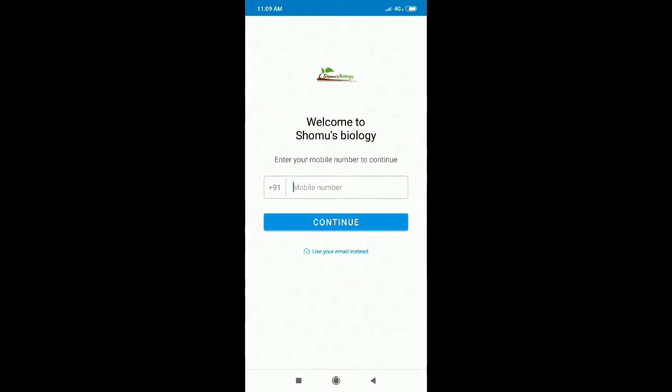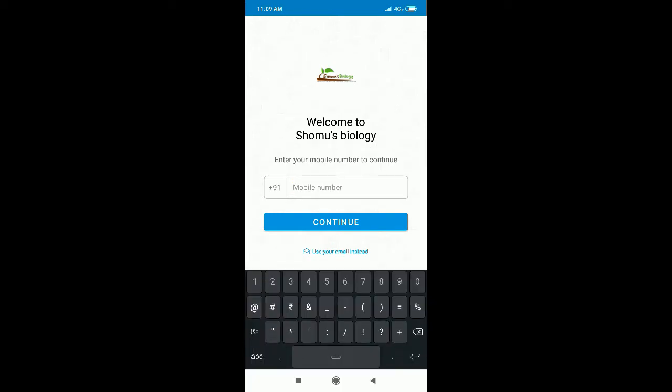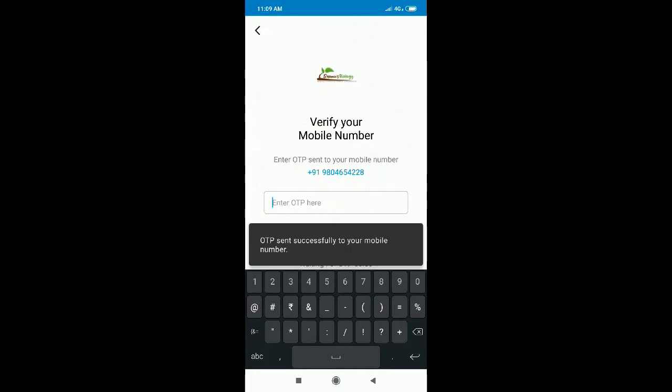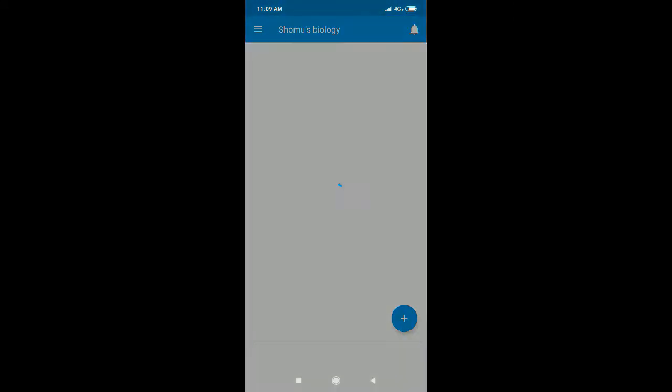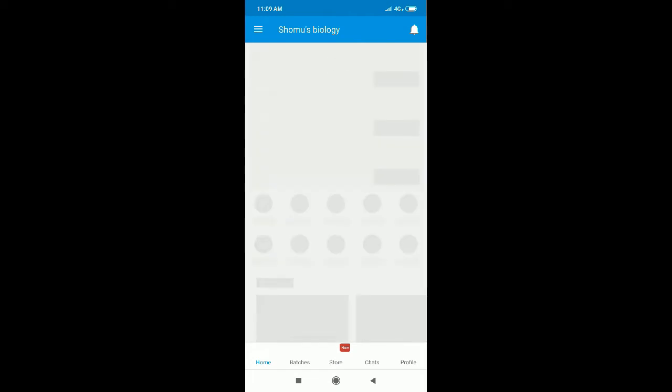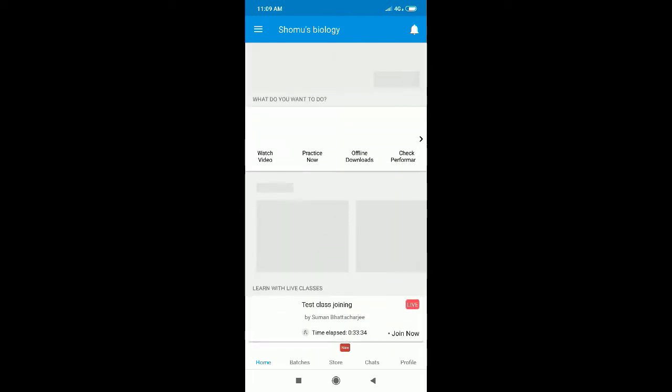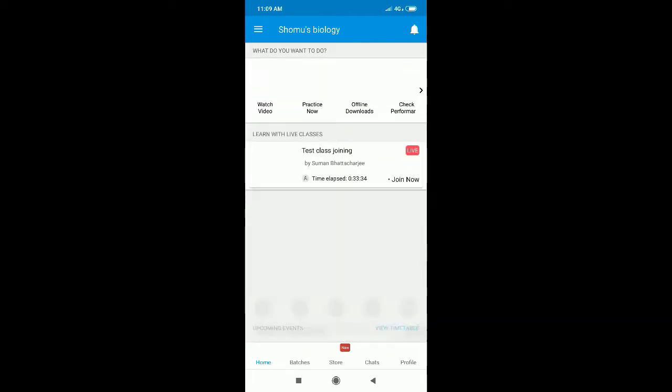Okay, so here we are. Normally, in normal situations you may already be logged in, but in this case we haven't. So let me put in our office number, and a verification OTP will come. We'll wait for the OTP to arrive. Okay, so copy the OTP, paste it and verify. Once it's verified, you are logged in. Normally if you are logged in, that's fine. If you are not, then this is the way to log in.